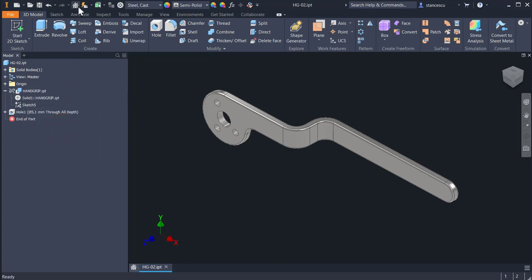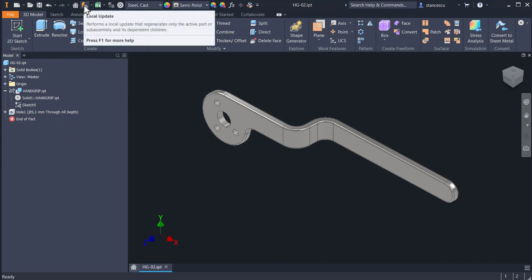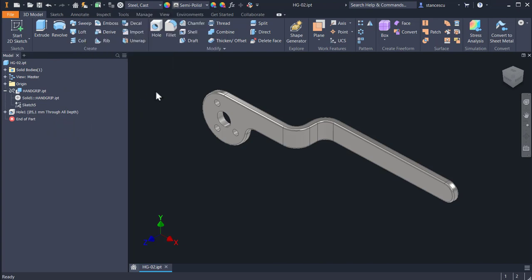Now we still can update, but here is not necessary. This is what we read here. We can break the link, and this is not any update possible because they are disconnected. Good. Save the new